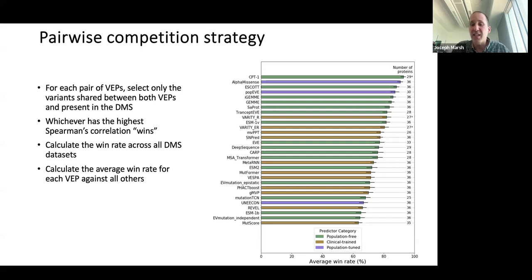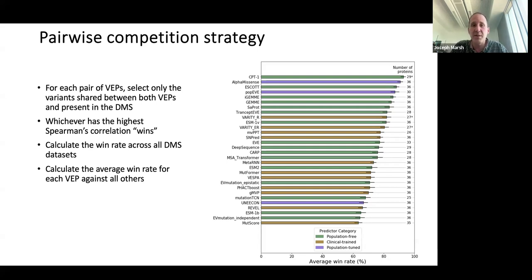What's also really interesting is that these top performing methods are actually not the kind of methods that are used much in a clinical context. They're all pretty new methods, often using language models or deep learning approaches for getting evolutionary conservation. And the methods that people are more familiar with are ranking much lower on the overall table. This is just showing the top 30 here out of the 97 variant effect predictors we compared.